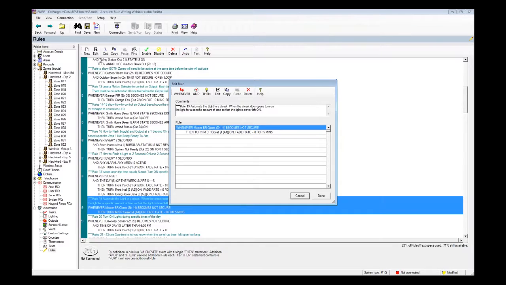Now for Rule 19, the master bedroom closet is a non-alarm zone, so it's not going to cause any type of siren sounds or anything like that, but we can use that in automation to control the light as well. In this case, whenever the master bedroom closet, zone 14, becomes not secure, then turn the master bedroom closet light on for 5 minutes. So if you have someone that just likes to turn lights on and forgets to turn them off, this is a nice way to turn the light on, and then 5 minutes later